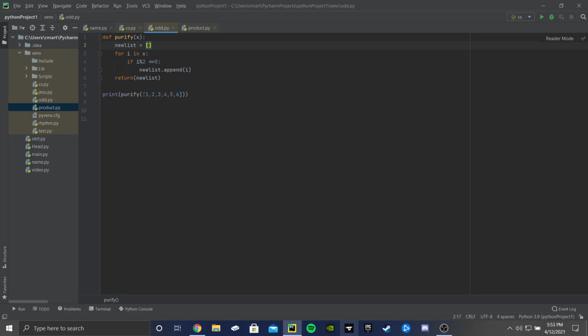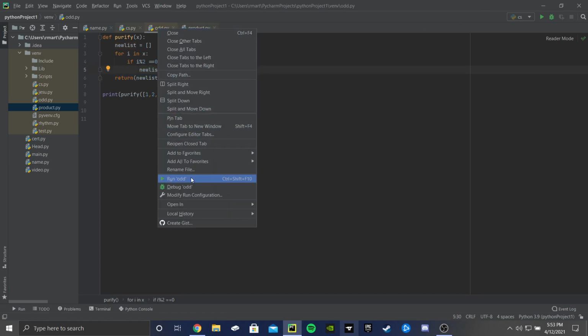So for i and x, this being x, as you can see here, I'm clarifying that this is x, and here it's also x. So for every number in this list, in this array, it's finding if it is divisible by 2, and if it is, it's appending, or adding, i, which is that number, to the new list, and then return is it's coming back with that new